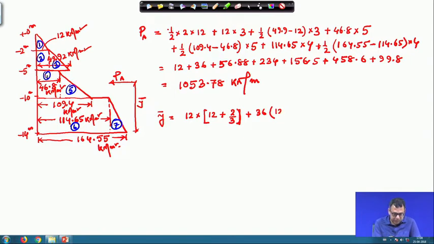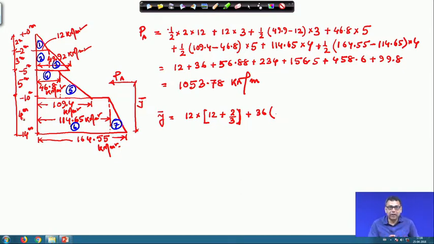Sorry, this is not 12 meter, this will be 9 meter, okay, because from here this will be the 4 meter plus 5 meter. So, this is the 9 meter. So, I am just again writing this is 2 meter, this one 3 meter, this one 5 meter and this one 4 meter. Okay. This is the total